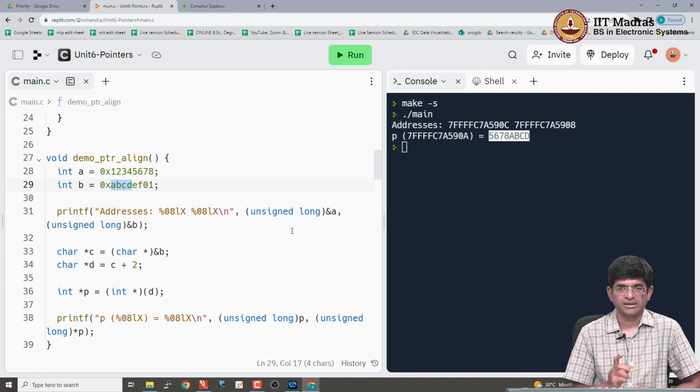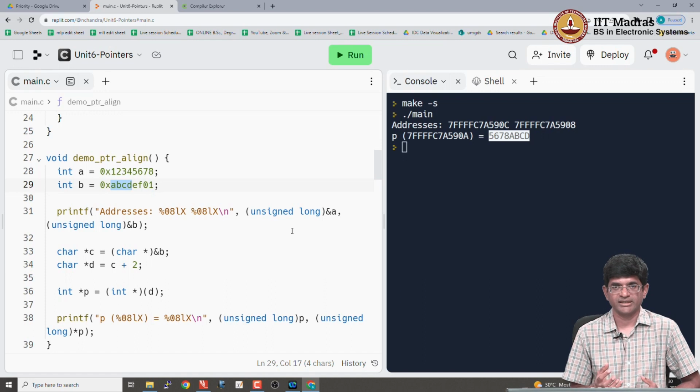The second thing is, if you have a big endian versus a little endian or a top down versus left to right kind of memory model, you could end up with different values out here, you might even end up with the wrong value. Okay. So all of those are things to keep in mind when you are trying to do different things with the alignment of pointers or alignment of data. For the most part, it is better not to try and mess around with those until you are absolutely sure of what you are doing, right. What is important though is to be able to switch between the name given to a memory location and a pointer to that memory location, and to realize that they are both effectively dealing with the same thing,